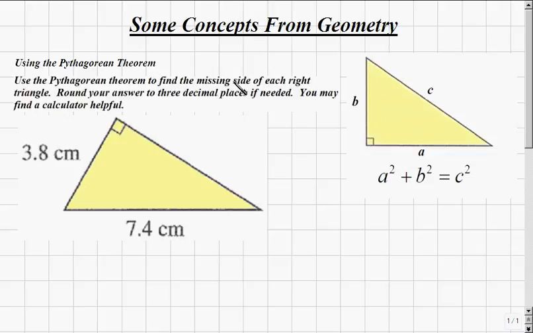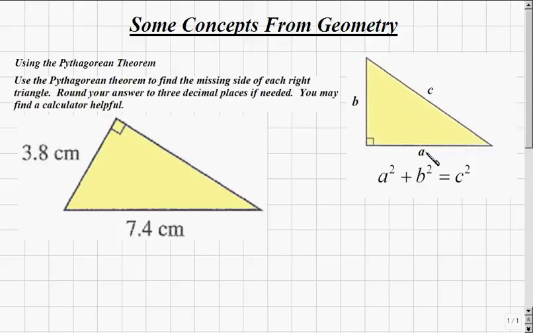Let's use the Pythagorean Theorem to find the missing side of the right triangle below. We'll use a calculator to find that third side, as well as round our answer to 3 decimal places. So to begin, the Pythagorean Theorem tells us that if we have a right triangle with 3 sides, that one